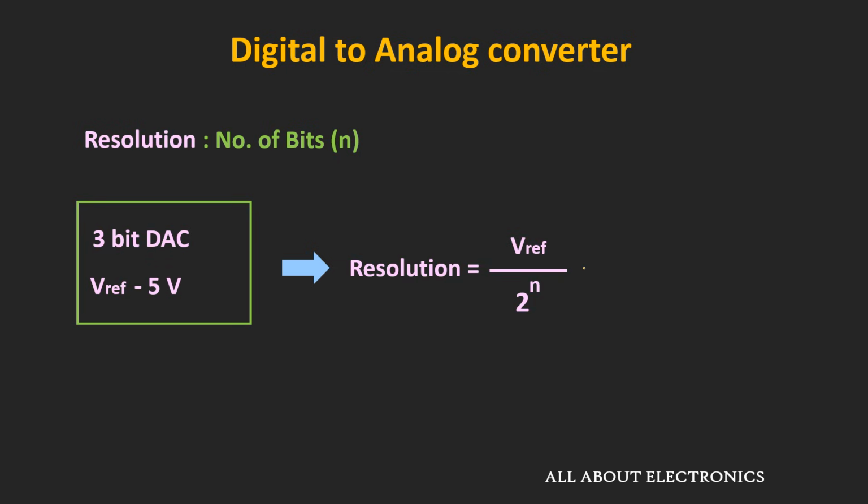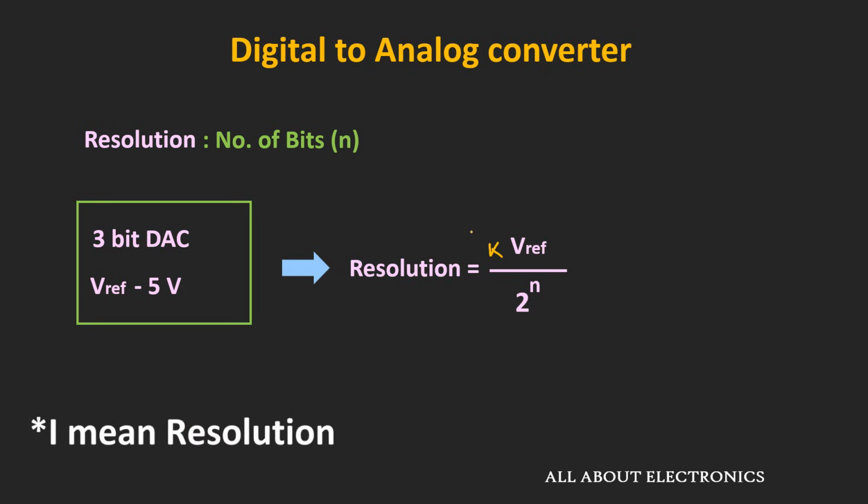Now many times this reference voltage is multiplied by the internal gain of the DAC. So there is always a multiplying factor with this reference voltage, and it depends on the construction of the DAC. That means how the DAC is actually designed. And sometimes the manufacturers also provide the user the provision to select the internal gain from the specified values. But here let us assume that the value of K is equal to 1.